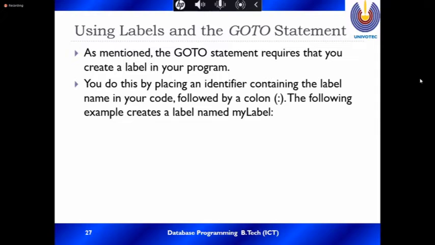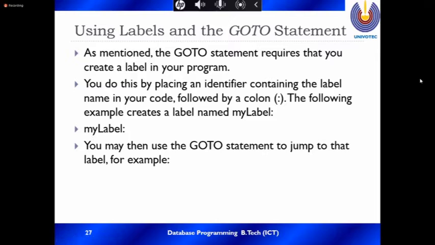You do this by placing an identifier containing the label name, followed by a colon. The following example creates a label named my label. After the name you put the colon. Then my label followed by the colon; T-SQL recognizes this as the label.